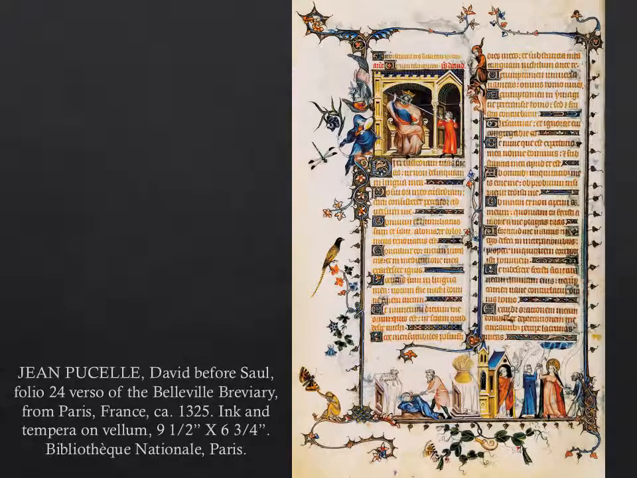And here's another manuscript page, this one by Jean Pucelle. Pucelle will integrate these fully modeled figures in an architectural setting rendered in fairly convincing perspective. And all of this reveals Pucelle's study of contemporaneous painting in Italy. He was also definitely an observer of plants and animals, and we can see flora and fauna in the margins